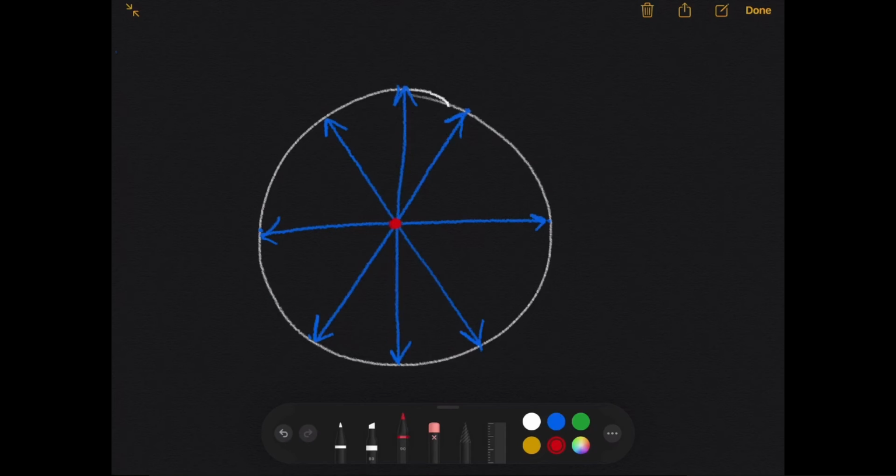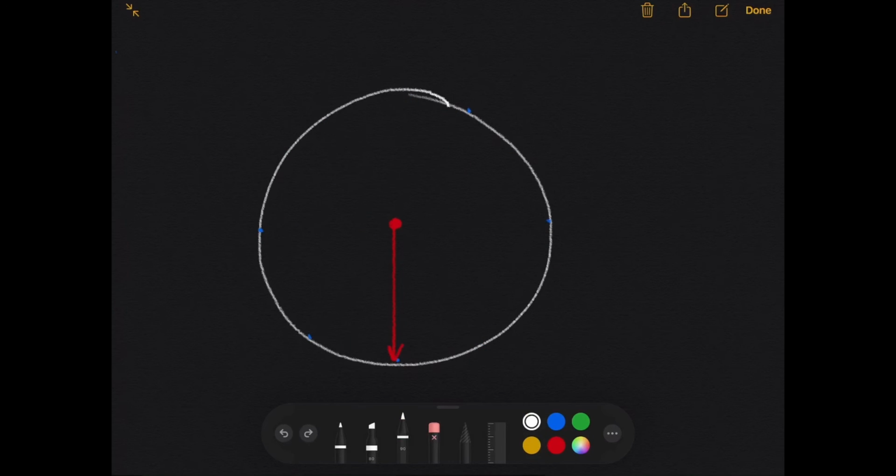Now you'll notice by sketching the diameters out on this circle, I have found the center point. Now, the radius is just the distance from the center point to the edge, and it can be in any direction at all. Now, if you know the diameter of a shape, then you can calculate the radius by dividing